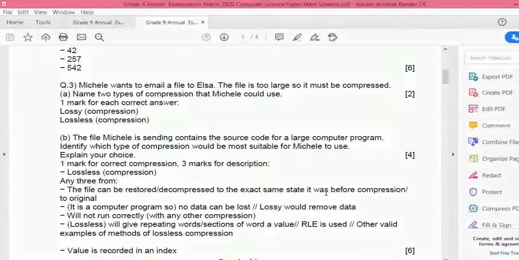Okay, so lossless compression will do what? It will give repeating words, sections of a word, a value, or another value, recorded in an index. So the main point is why you are using lossless compression, because if you use lossy compression, then some data will be removed and